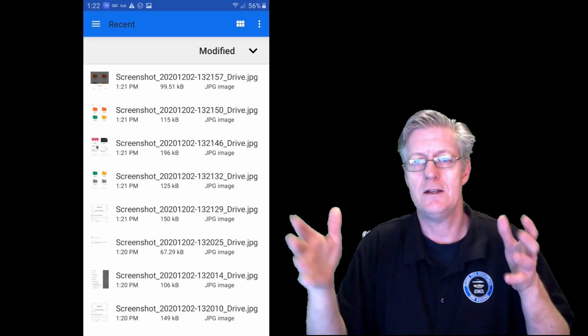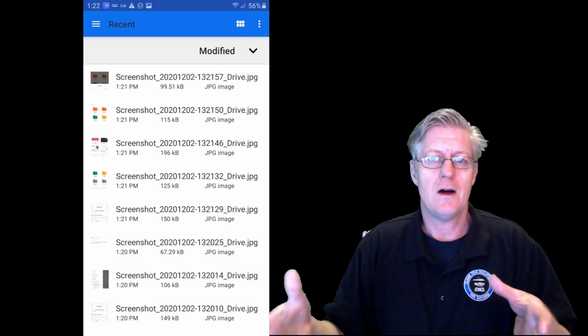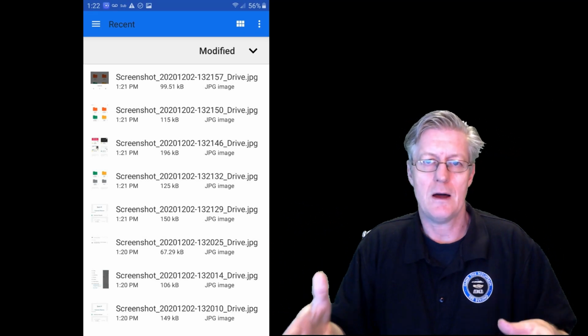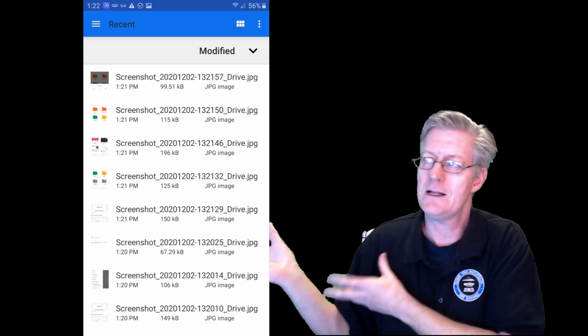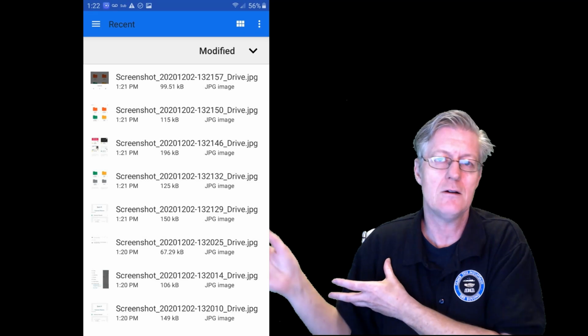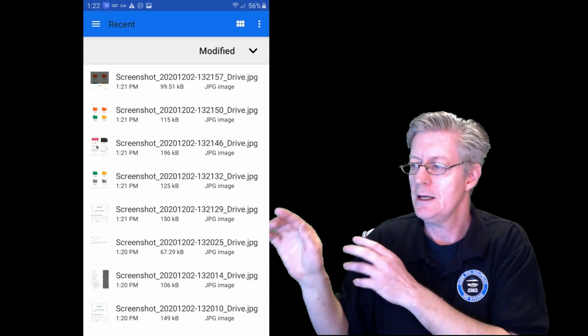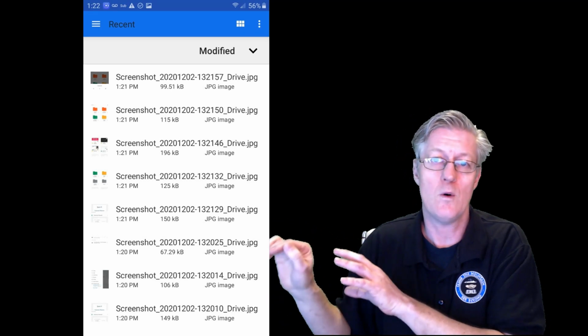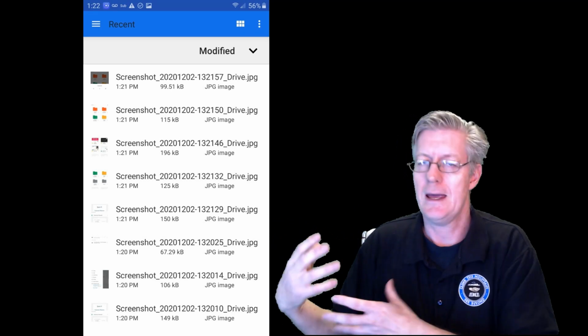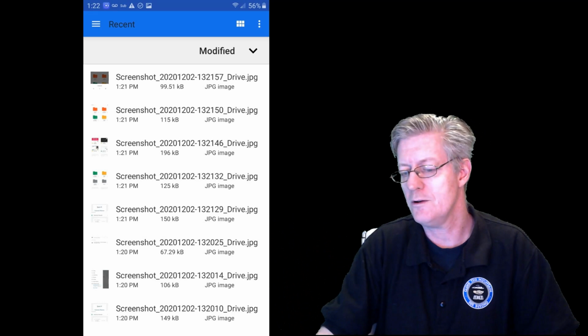So if, let's say, you're uploading your files and folders from your iMac, you basically have the same options as you see here. You click on the files or the folders that you want to upload, click on open or upload, and then it will upload those items for you.